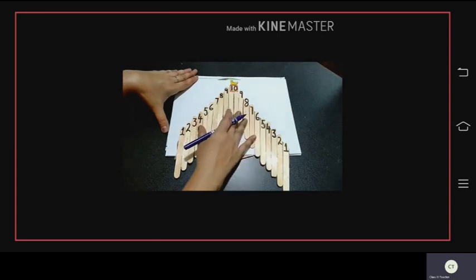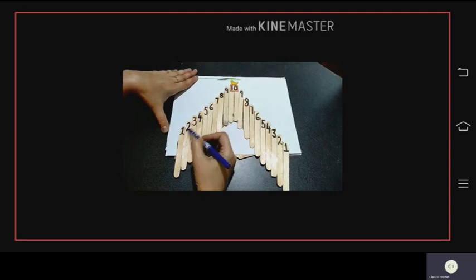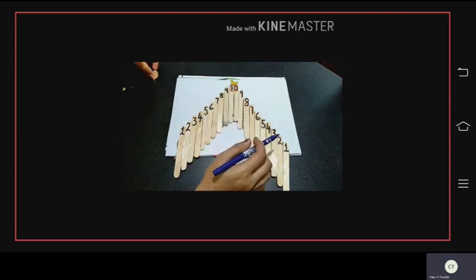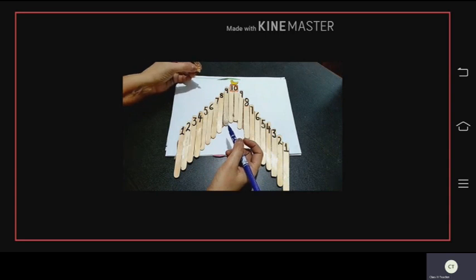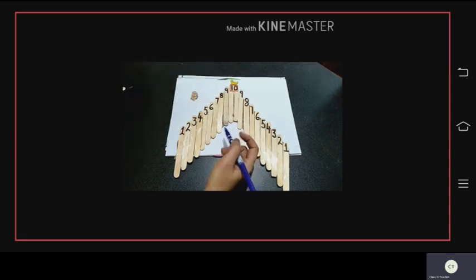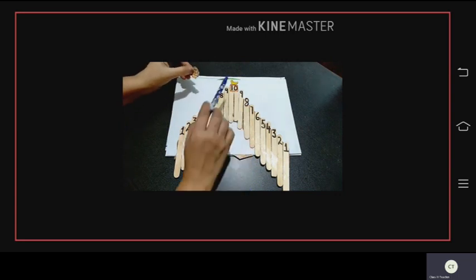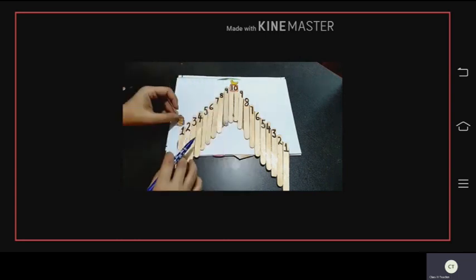Observe it carefully, children. I have given numbers for each step. Is that clear? Step number 1 to step number 10. And this is step number 10 to step number 1. Now let me introduce you to this baby monkey. He is Tutu. And he is a very naughty monkey. He has seen the bananas that are kept on the top of the staircase, on number 10. He just wants to eat that.